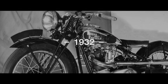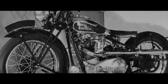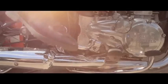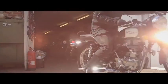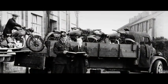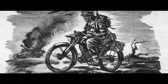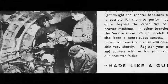In 1932, the first Bullet was created. A testament to endurance, versatility and speed, it was a bike that typified Royal Enfield culture. World War II led to another change in the business, with a secret factory being built in southern England. The best-known Enfield product of the time was the Flying Flea, a 125 that was light enough to parachute into